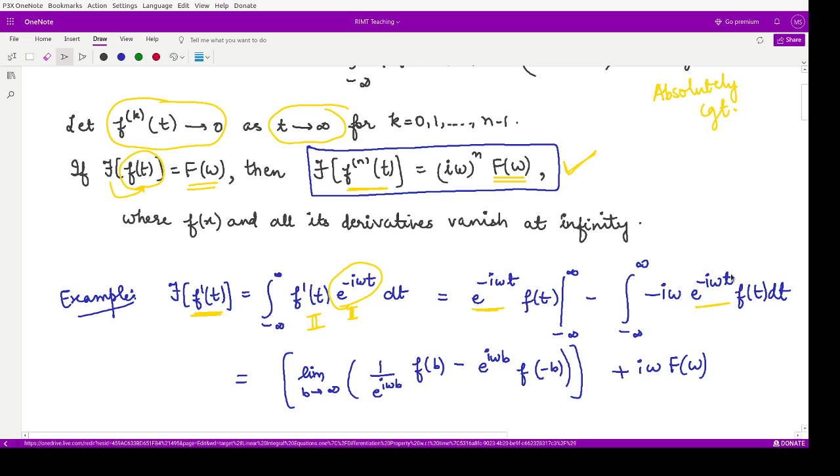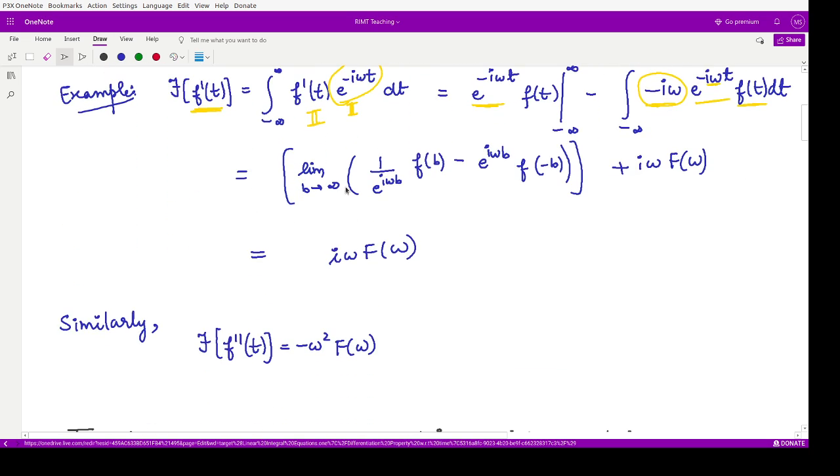So it would be with respect to t. So these coefficients would come ahead, right? And the integration of this function is f of t dt. So now we can substitute the limits. The limits infinity, they are not substituted directly, so these are written like this. So limit b goes to infinity, the function's value at this point, 1 by e to the power iota omega b f of b, and the function's value at the point minus b. So these are the limits, and what is this term? The integration of this thing is nothing but the Fourier transform of the given function f of t. So this is according to the definition of Fourier transform.